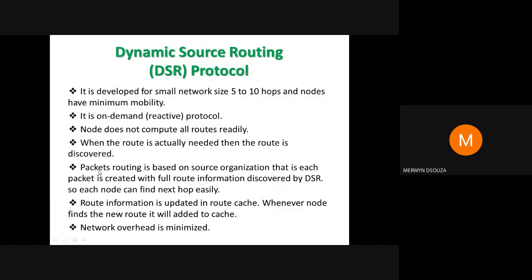Once the route is discovered, that entire route information is stored. At the beginning, we don't discover all the routes, but once you discover a route, you keep the entire route in the database. We don't just store the next hop. In DSDV, we only stored the next hop, which is the next town along the route, for example. Here, once you discover the route, you will store the entire route in your table.